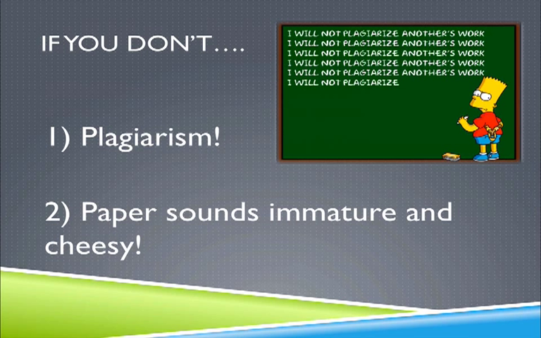A secondary reason why we need to give credit for these things is that our paper doesn't sound correct. It sounds immature and it sounds cheesy. And this goes more with the framing part than the citing part. The citing internally and with a works cited page will help avoid plagiarism. But the framing of quotes and how we integrate those, if we don't do it smoothly, it sounds like an elementary school effort. We're just throwing something in there. It's like, we know we need to pull in a quote to help defend our point or our theory, but we're doing it in a really poor way.